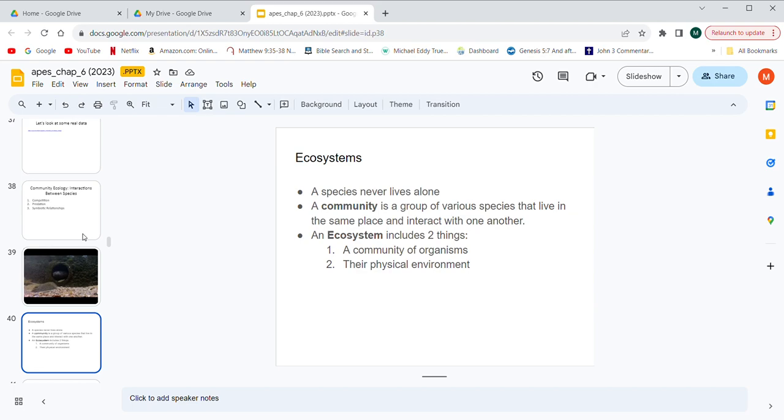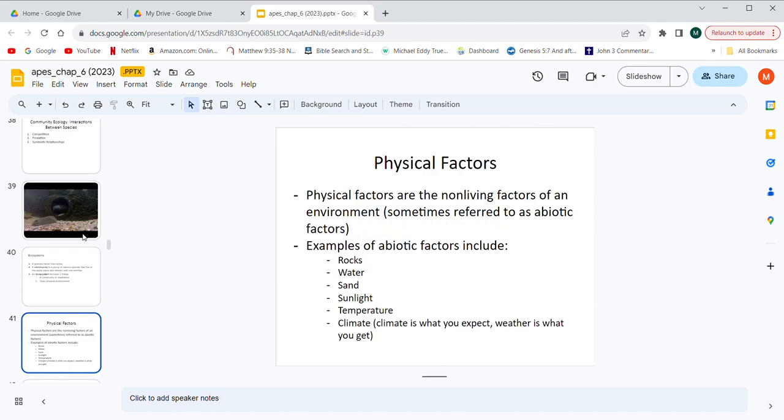Ecosystems, as you guys are aware, are where a species lives. It's the community of organisms that the species exists in, and the physical environment. So it's a combination of, like I said, biotic and abiotic factors that both play a part in how that organism is able to survive. Physical factors are abiotic things like rocks, water, sand, sunlight, temperature. Again, depending on what organism you are, these are incredibly important. All organisms need things like water, of course, the correct climate and temperature. But even things like rocks and sand can become important to certain organisms. So these play a drastic role.